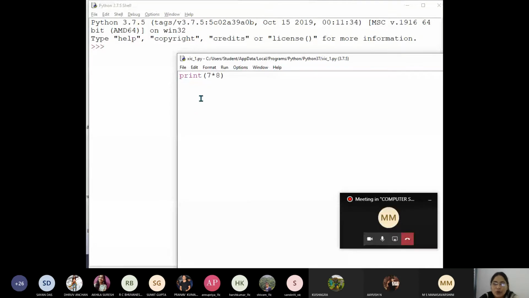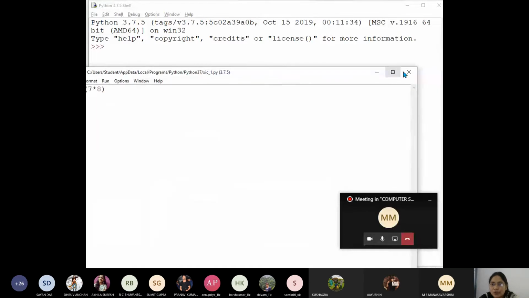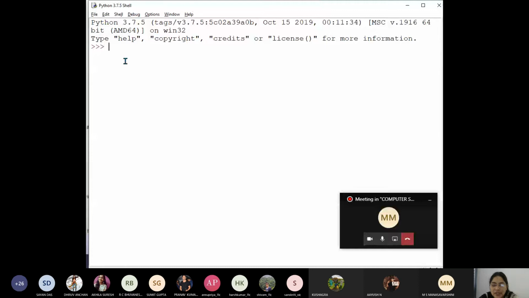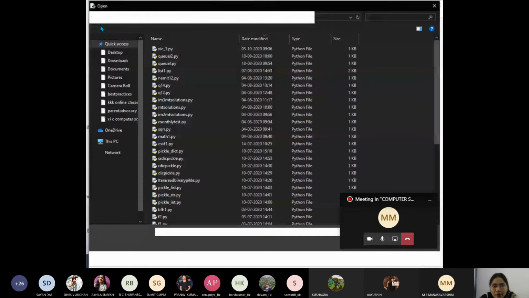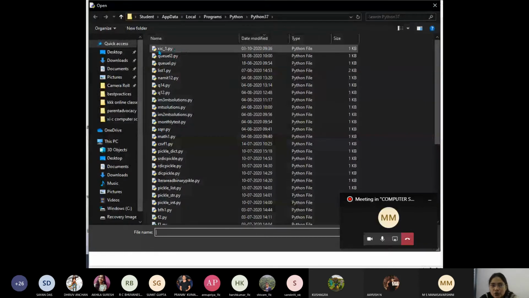Okay. So now if you want to retain whatever coding you have done, we have to use script mode. When you are saving the coding you write in a file like this, it is known as script mode. So in two modes we can execute. If you are getting a result then and there, this is interactive mode. So now I want to open that file, 11c1.py.